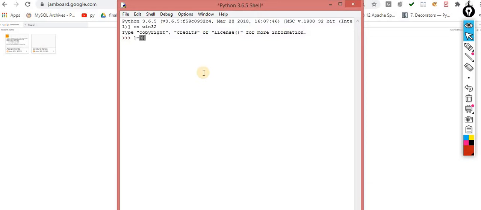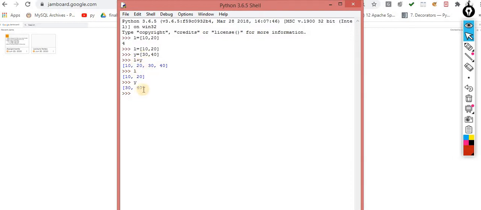L is equal to 10 20, Y is equal to 30 40. Now what I want to do, L plus Y. Now you can check, I am concatenating both, but the original content is not changed. I am just concatenating and printing it on the screen.